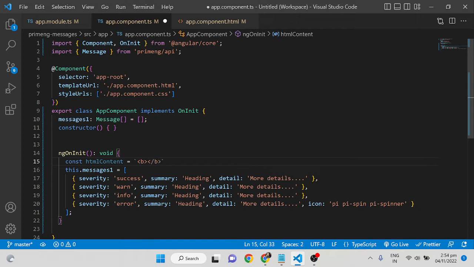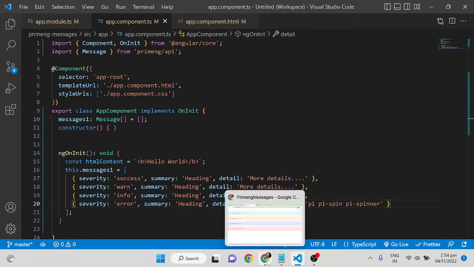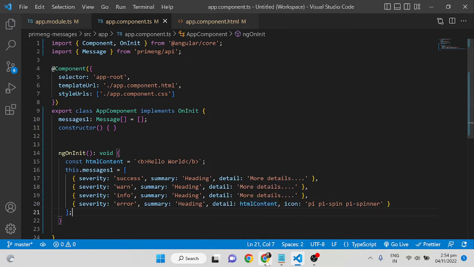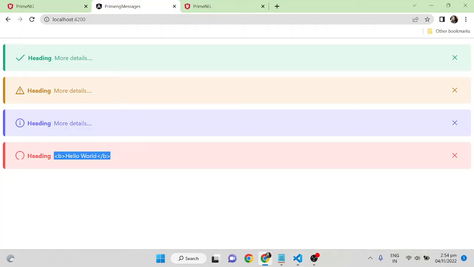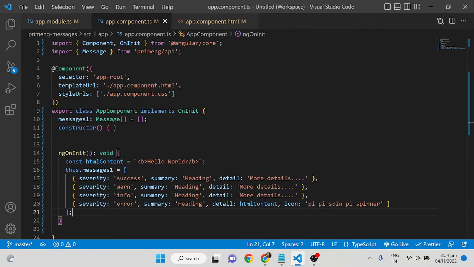Okay, bold, hello world, and what I will do is HTML content. Instead of the summary I will give this HTML content, or maybe we can give it in the detail section. I'm giving the HTML content like that because the summary is already in the bold state. Okay, so if you check, it is not getting replaced, so it's still showing text including